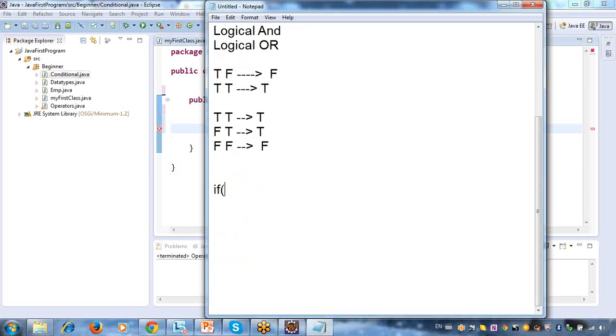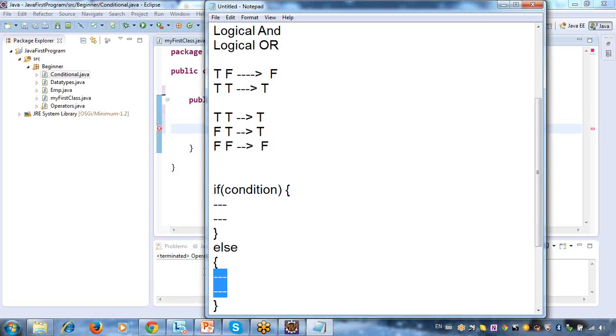If condition, give your statements here, and if you have your else, that means if the condition is true, please try to understand, if you have any doubt you can ask me. So if this condition is true, then it will execute these lines. If this condition is equal to false, then it will execute these lines. That is your if condition.